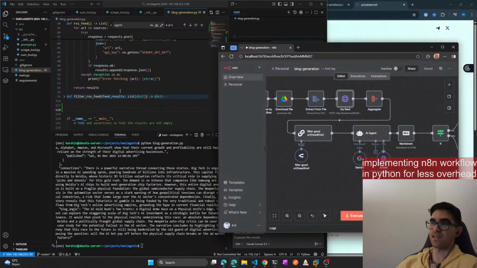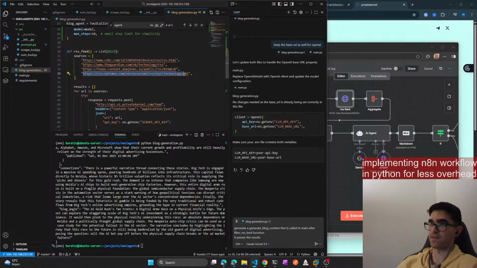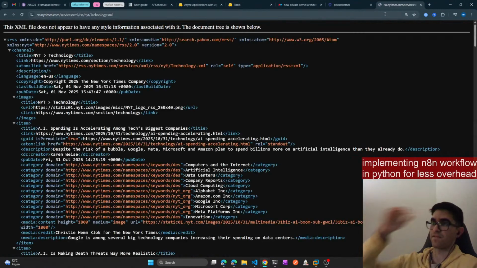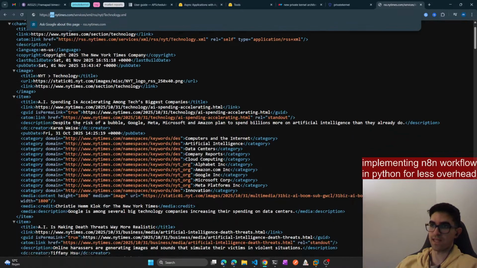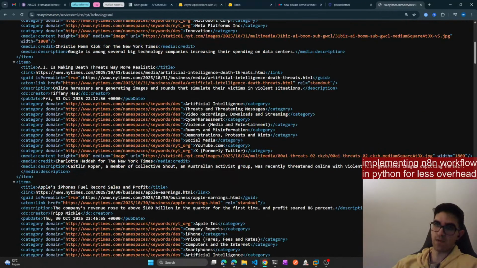It was also really interesting to learn that some web pages, mostly news sites, have this RSS part of their domain where they share their news and articles in XML format, and they forbid you to crawl their web pages, but they will share this.